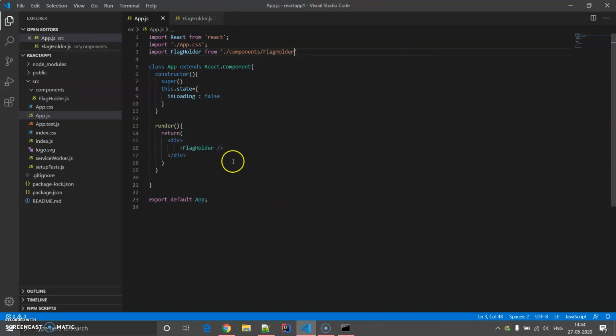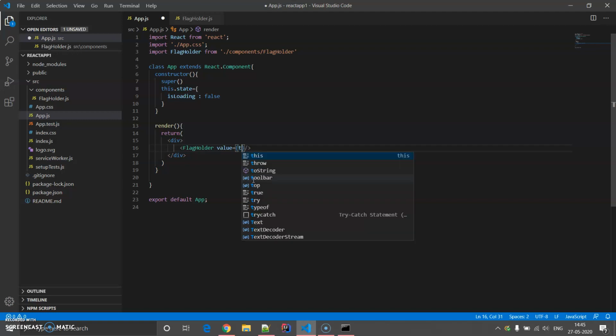So in this way we are importing it, and here we are passing value equal to, and what will this value be? This value is nothing but the state we are passing, this.state.isLoading.